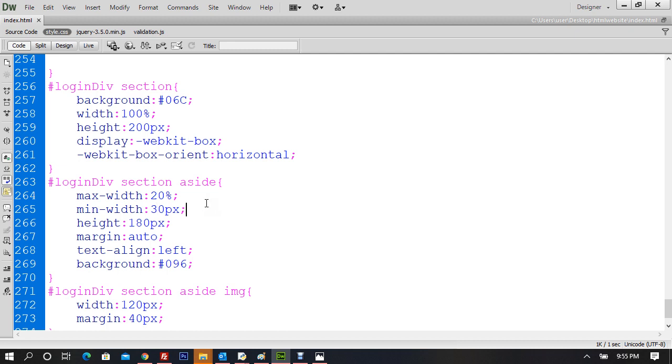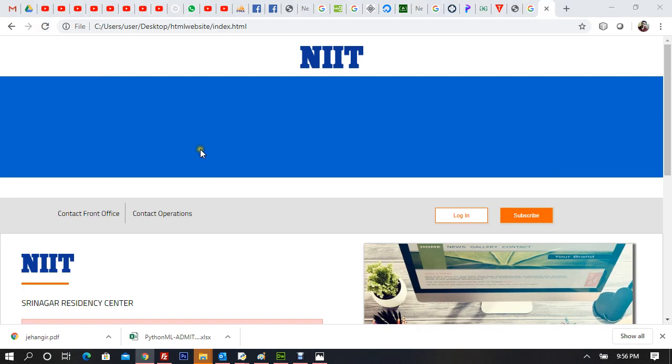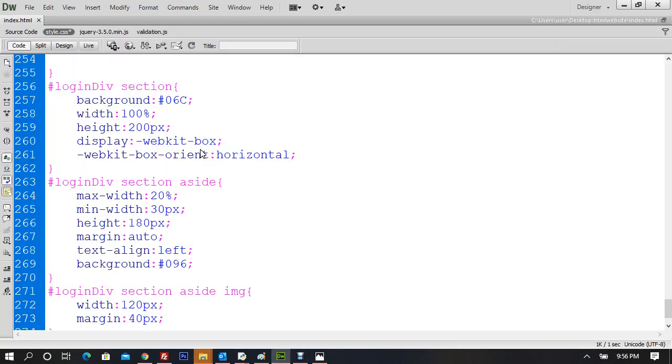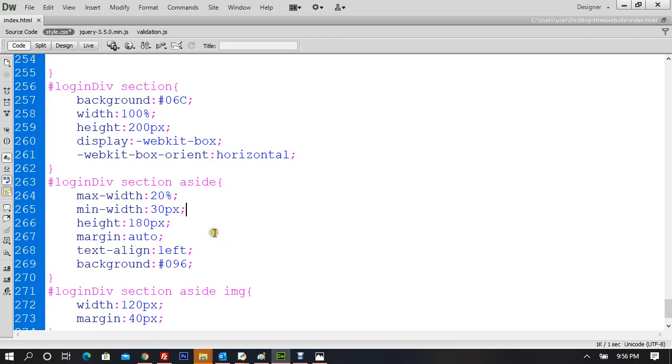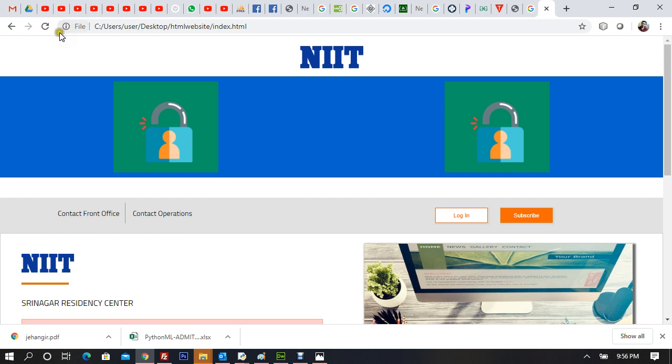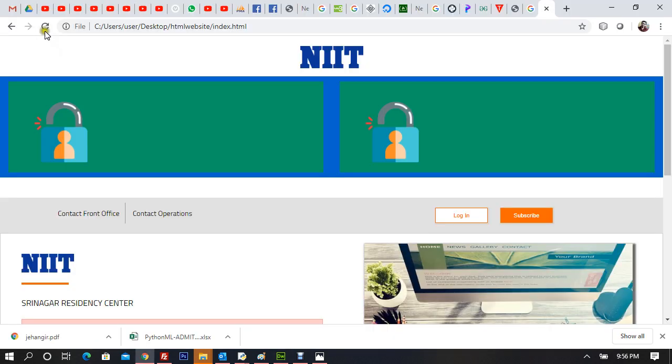Now if I say that you float towards left, what is going to happen? They are going to vanish, right? Okay, now they are coming right next to each other. So let me just get rid of this 30% and 600 pixels. So they are perfectly poised. Let me lift the background color. Now this is how you can do certain different things with